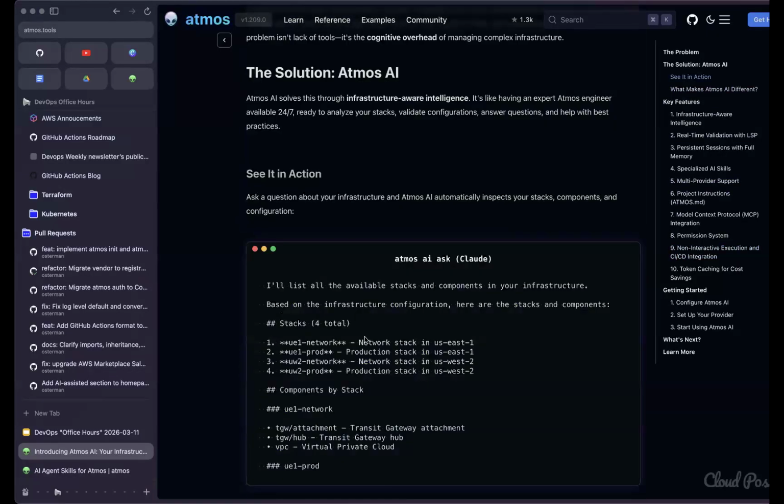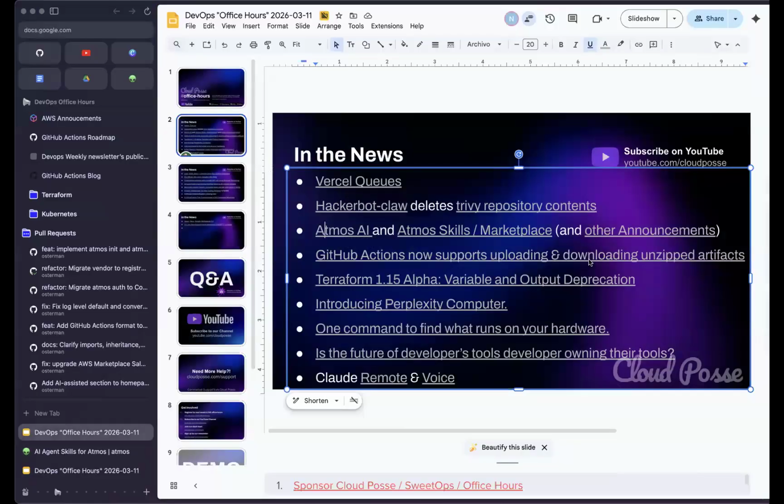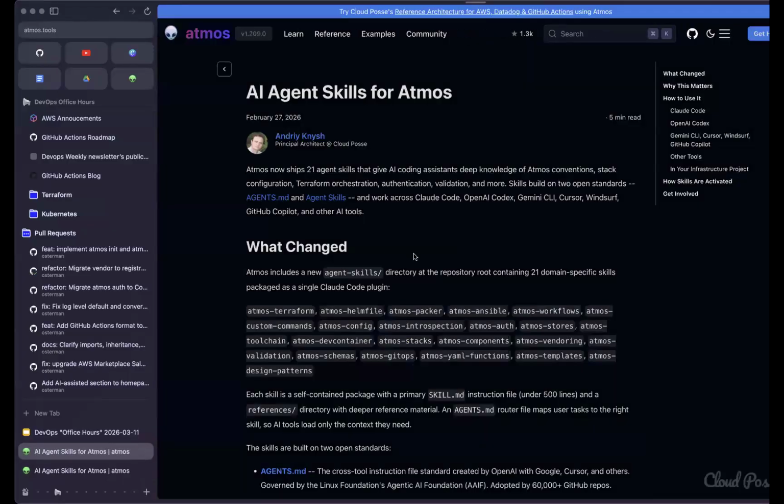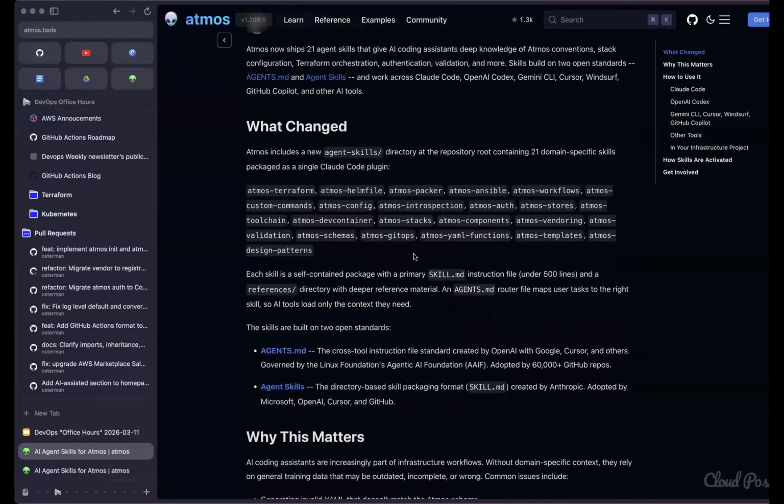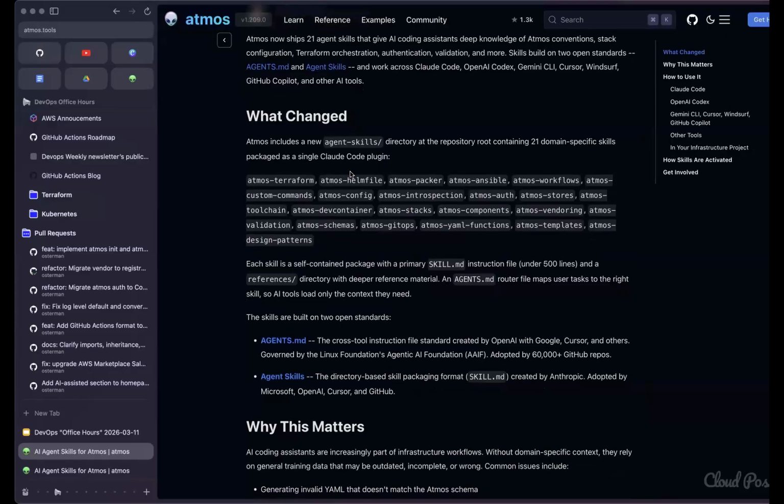And then we also coupled that with our skills. So if you are using Atmos, I highly recommend you check this out. You can install it from the Claude Code marketplace, and it adds specialized skills for each of these kinds of operations, and more to come as we invest in them.